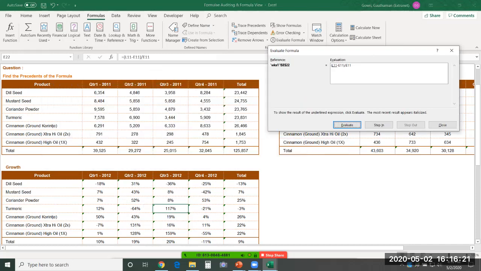See, this option we can use to evaluate step by step how exactly we arrived at this result. You can see here how to look at it one step at a time, how exactly it is being calculated, so that in case you have any errors occurring, you can go and check it.